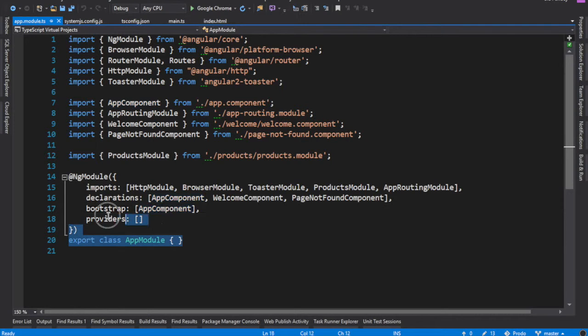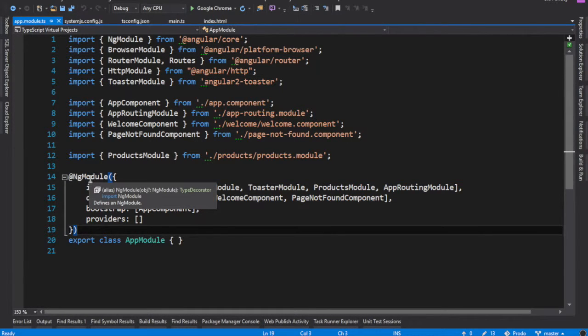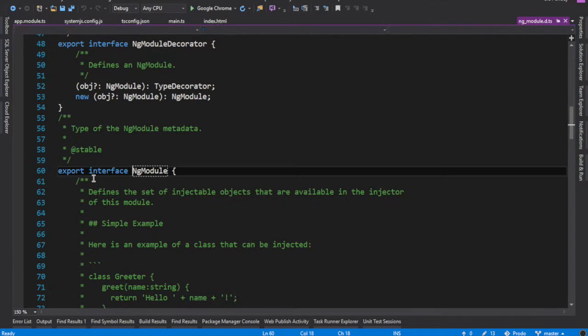Now this is the main part over here. You basically define a module by defining a class. You give it a name, and this is also one important part in Angular: to add some metadata information, Angular makes use of TypeScript's decorator, and this decorator is named NgModule. And if we look at the definition of this one,